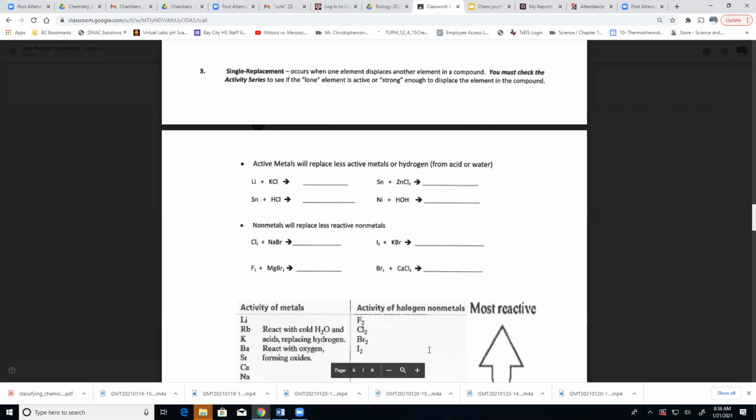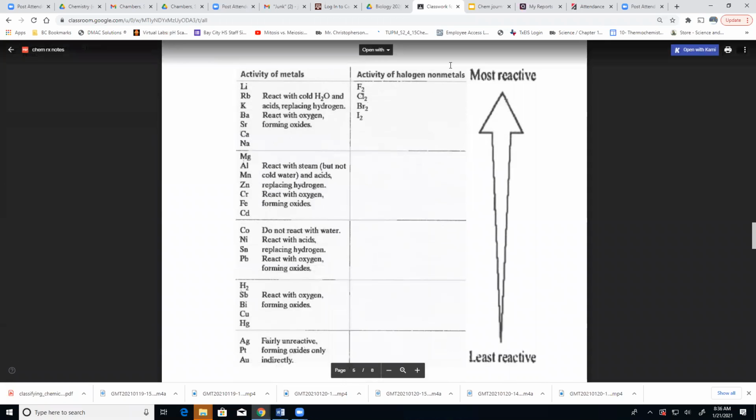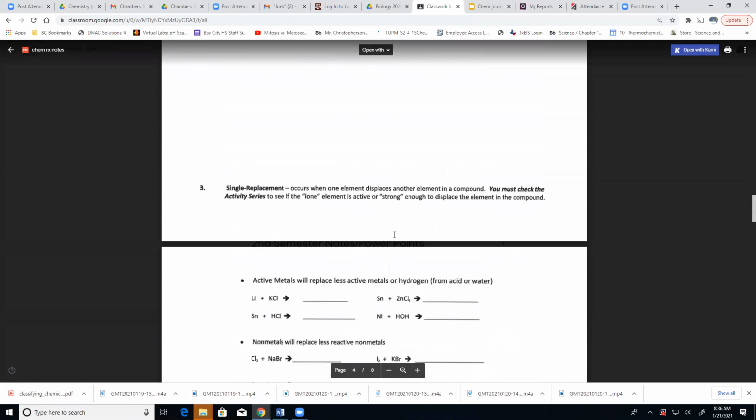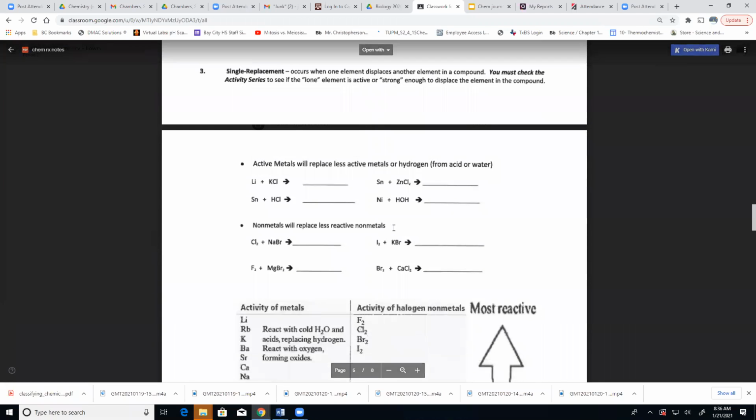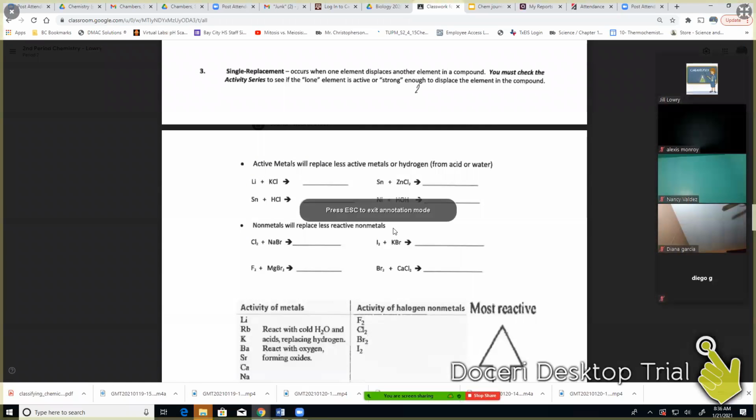All right. This occurs when one element displaces another element in a compound, but you must check something called the activity series, which is what you see on this page of your notes. All these things listed with this arrow, to see if the lone element is active or strong enough to displace it. And for it to be strong enough, it has to be higher